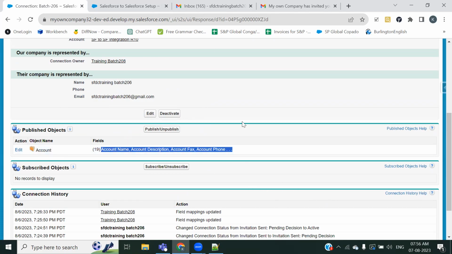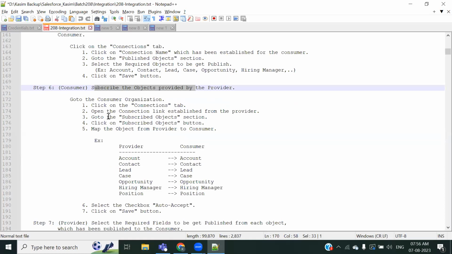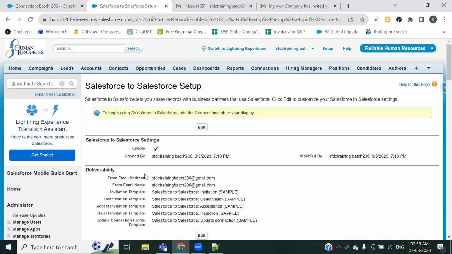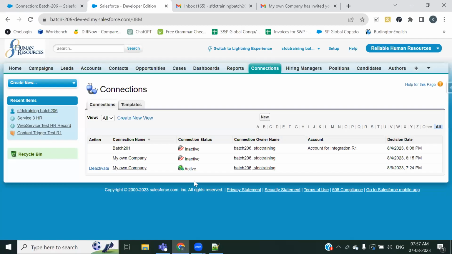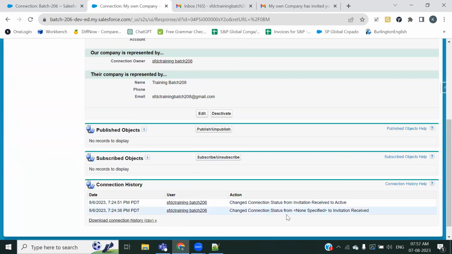So once you did this from here, you have to go to the subscriber, I mean the receiver, and there you have to subscribe to this, right? You publish the object from the sender, then you have to go to the subscriber. So I'll go to the connection tab over here, and as you can see, these two connections are in inactive state, so I would go with this one. And now when I see